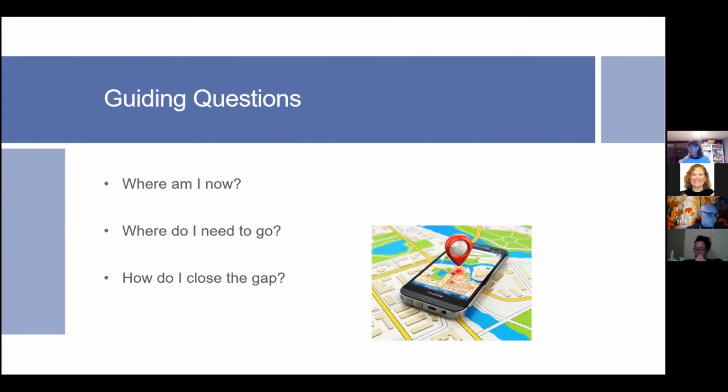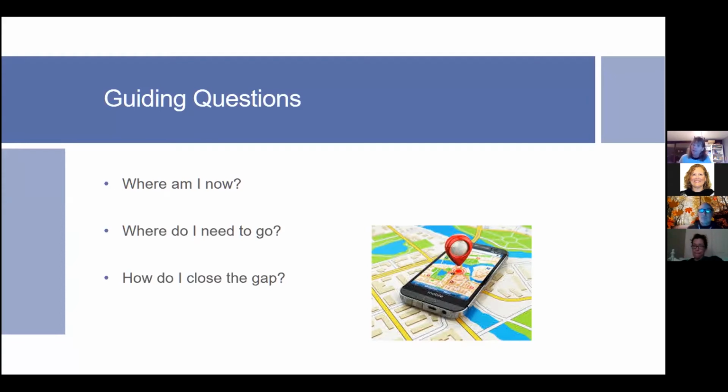And I put this GPS system because I really am a big GPS person. When I think of feedback and I think of formative assessment, I think of a GPS. Every time I go to visit a school, I know exactly where I'm starting in the morning, right? Because I'm in my car in my driveway. And I know exactly where I need to go because I have an address and I can put that in my GPS system. What I don't always know is the route from point A to point B, which is why it's really wonderful to have a GPS system or a teacher, a facilitator, somebody who's telling me if I'm on target,